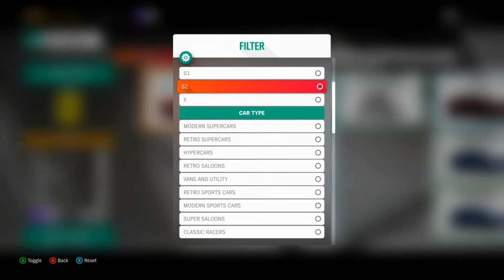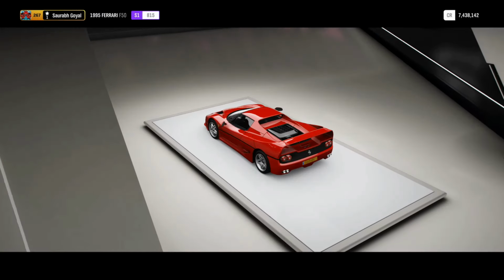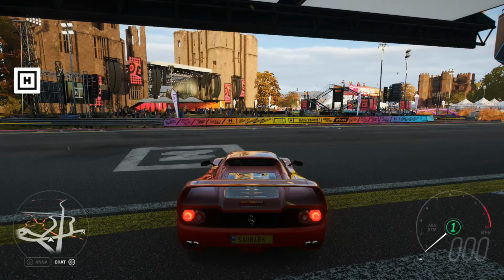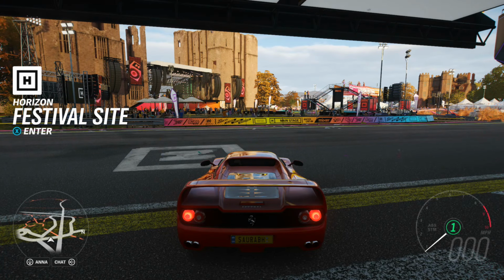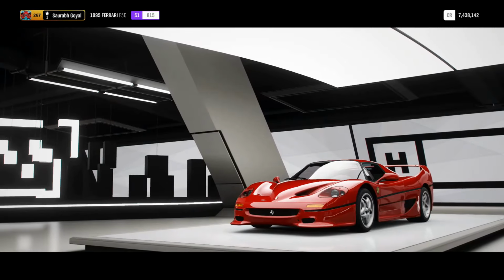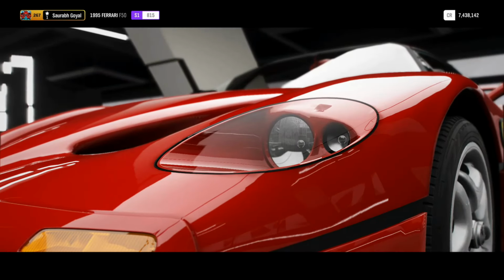I don't know what we should do. Should we go back to that event and see which cars are actually allowed in that event? But again, it will not be showing the cars which are... I think we need to do it ourselves. We need to take a car which is front engine and make it rear wheel drive. So we are in the auto show right now. You go to my garage and